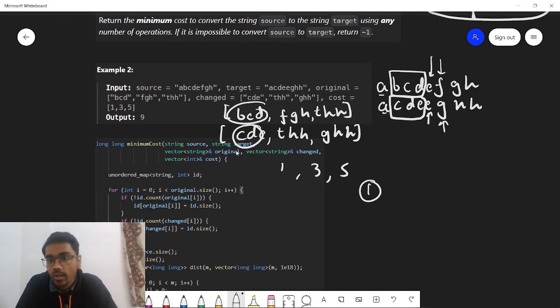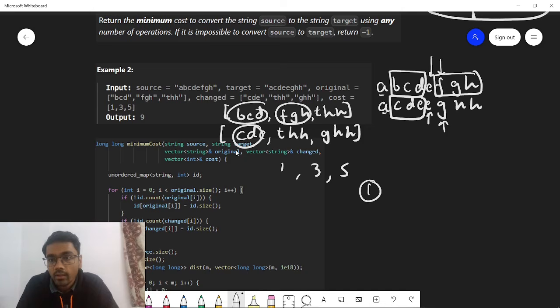So F and G are not matching, but there is no transition for F to G. So we will check FG. Again, F and G transition are not present in the original array, so we can't check F and G also. So we need to take the entire string till the end, FGH. So yes, FGH is present in this particular